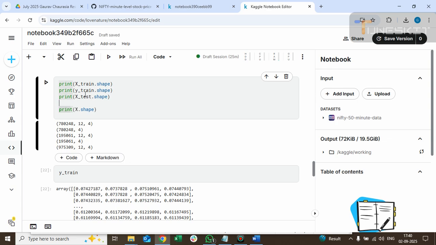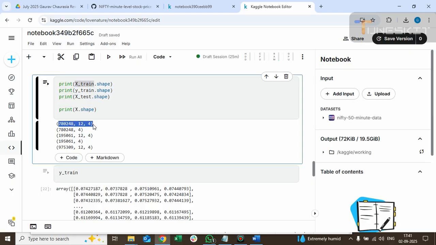Now what will happen? The data is in two categories: train data, on which the model will be trained, and test data. 80% will be the training set and 20% will be test data. First of all, we train the model on this X train data, with this many rows and this many columns. This 12 you can ignore. We calculate the difference between these rows and this Y data, and if the difference is quite low, then there will be good